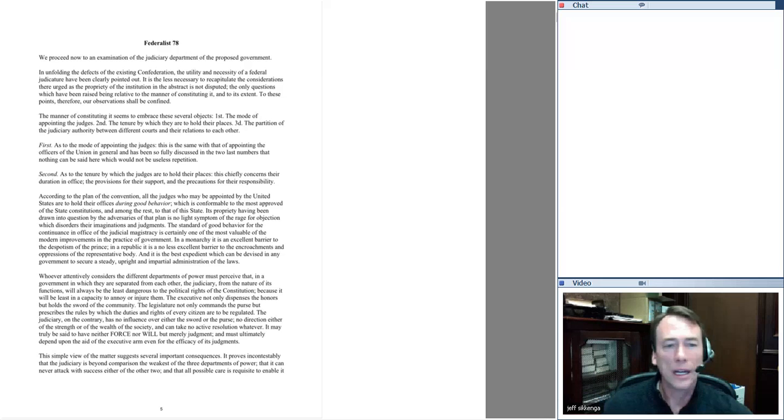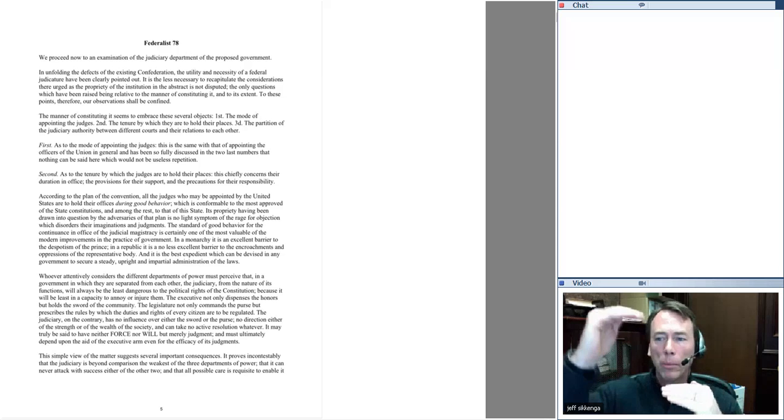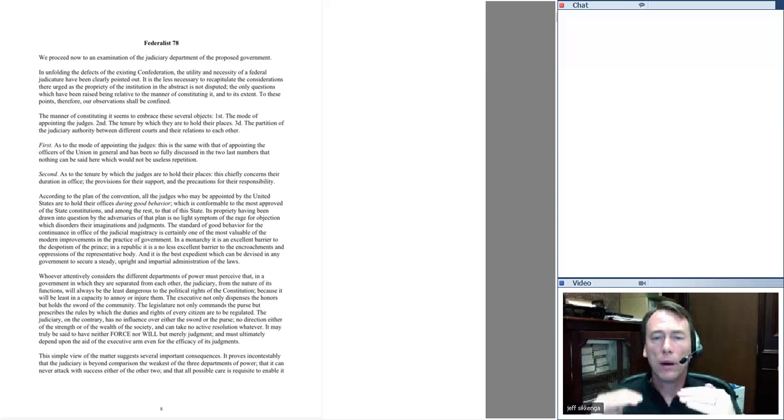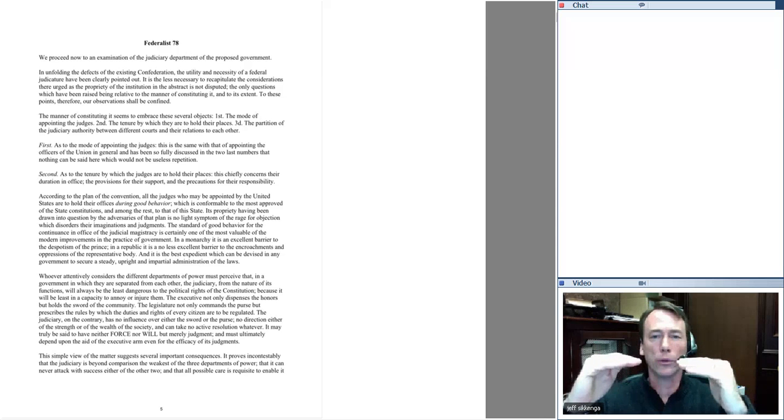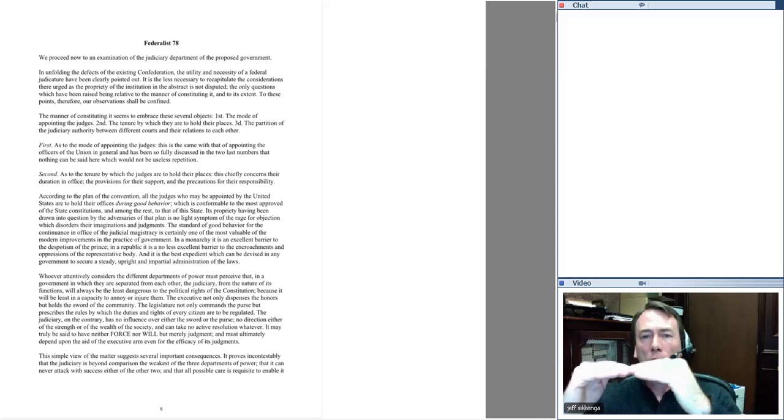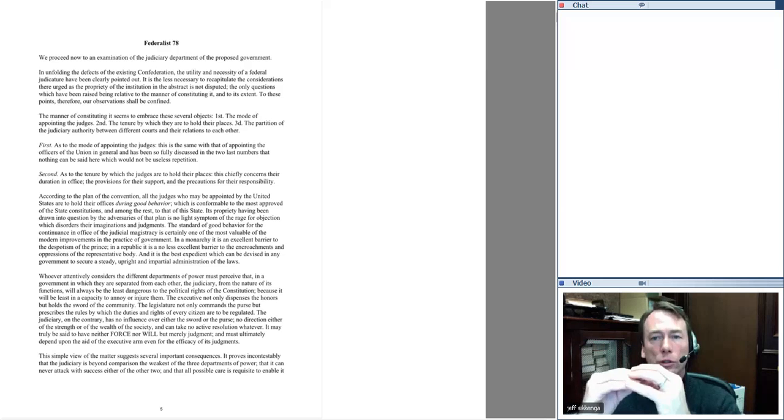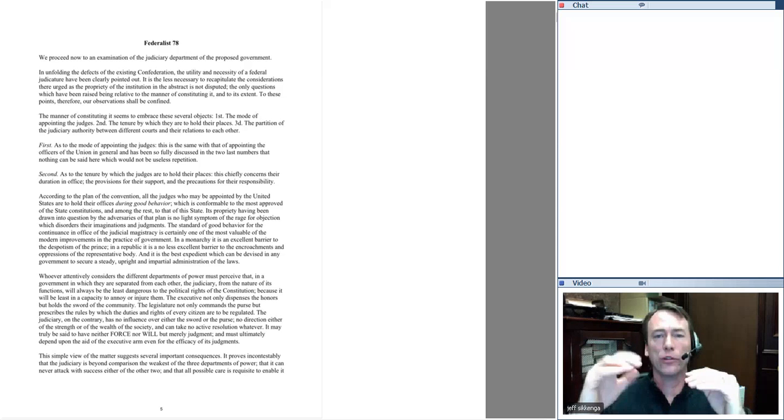So that here is why Hamilton concludes Federalist 78 by saying, look, don't get all upset about this power. It's not a power that's going to put courts above Congress or the president. It's a power that's going to put courts on an equal plane with Congress or the president. Because if Congress passes a law that's unconstitutional, and prosecutes someone under that law, for example, if a person goes into a federal court, they will be shielded from prosecution in that federal court. That's all it means, he says. It's just a power to prevent unconstitutional actions and laws from having any effect in a court of law.